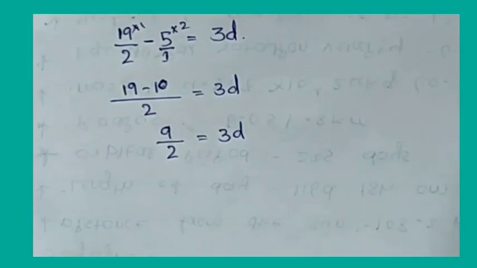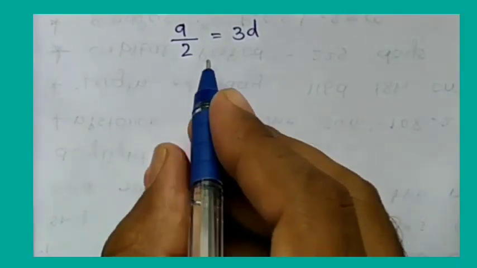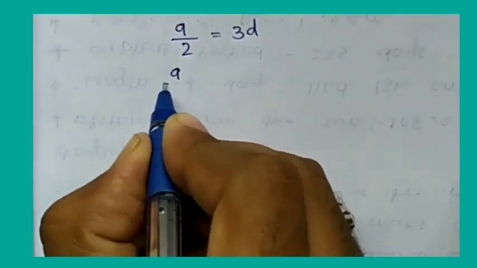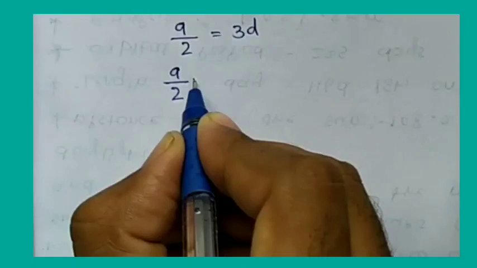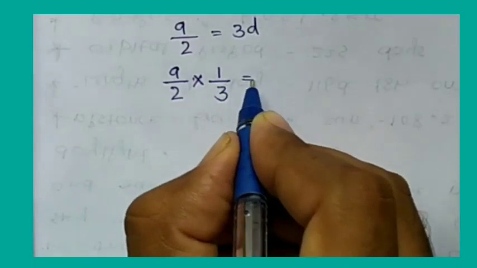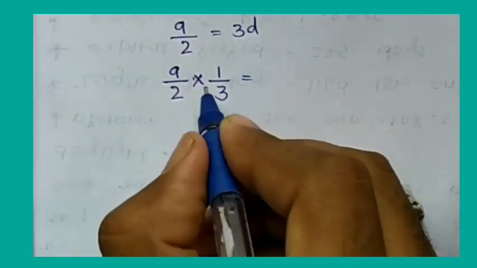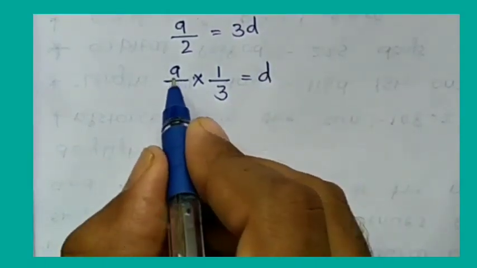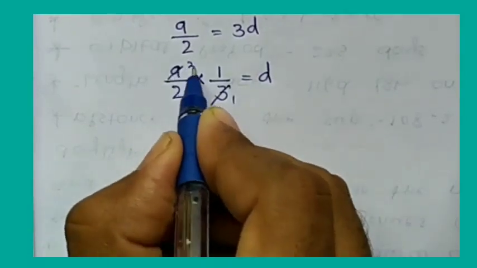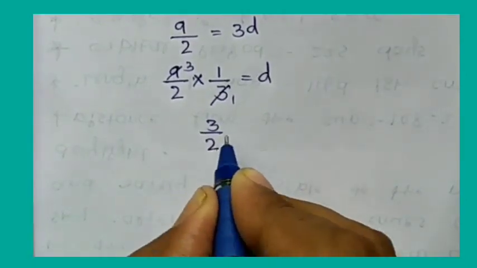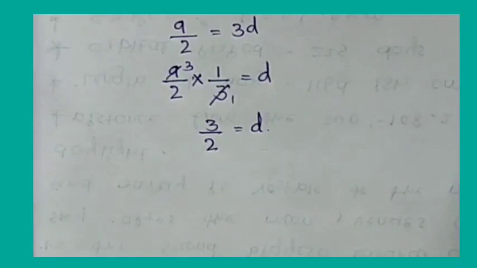Now for 3D, if we take 3 to the left side, what I told is that it is already multiplying, so if we take it to the left side it becomes division. It becomes the reciprocal 1 by 3, or else the whole divided by 3. You can write it like this also. It becomes multiplication, it becomes division, so division is always at the denominator. So D equals 9 by 2 times 1 by 3. 3 ones are 3, 3 threes are 9. Make the cross cancellation: 3 ones are 3 by 2. So it is our D. Now we got the D.